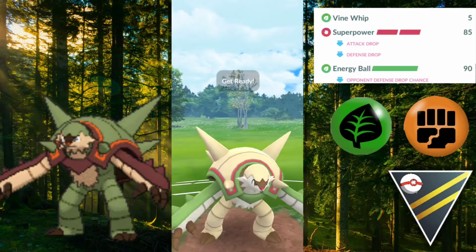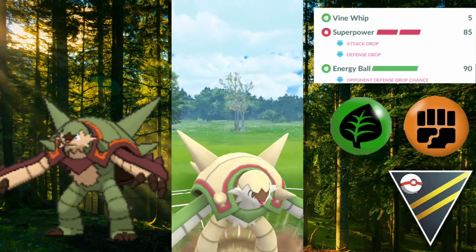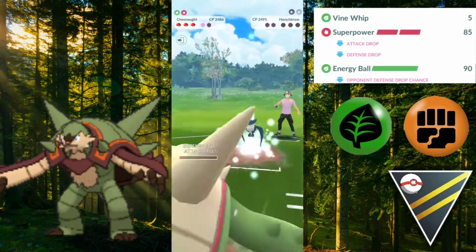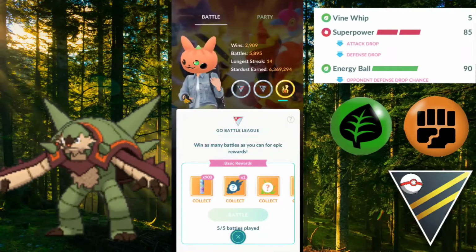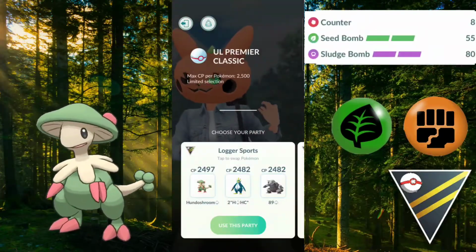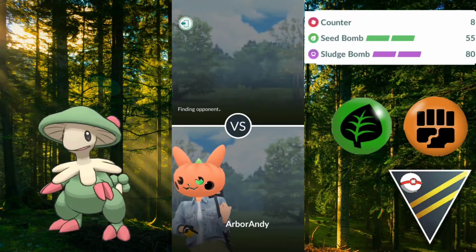Trying to catch something on probably Dark Pulse there on Chestnaught. Throwing the superpower, taking him out anyways. Good game to that Spice Sword. Getting that 4-1. And our final contender is Breloom, and we're going to go with Counter, Seed Bomb, and Sludge